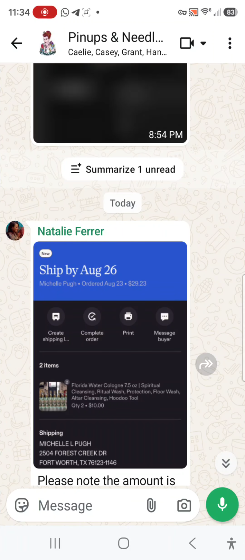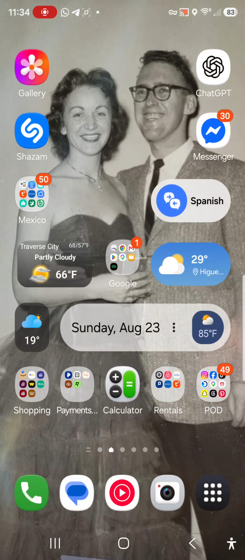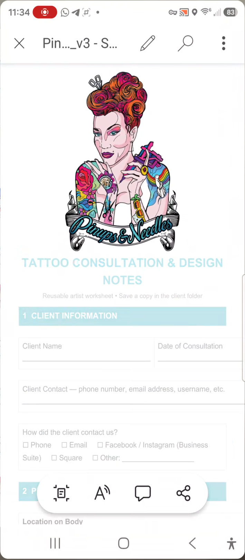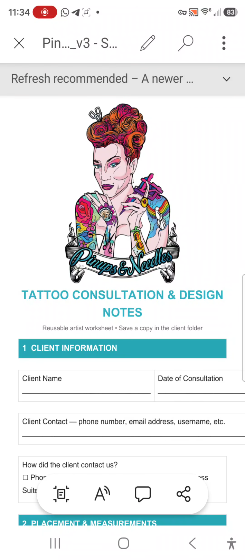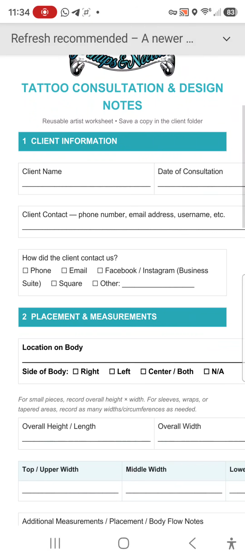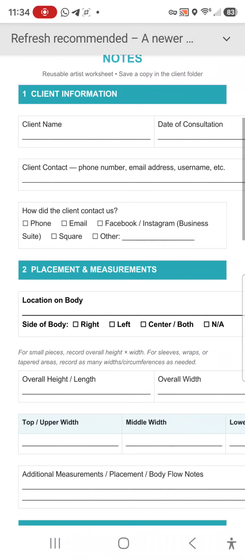Now I created a really cool one that had even more information right here, and I will share this with you guys. It's really nice because it's got all the information. Once I switched to this, it is a much better system overall, and it gets everything that you possibly need at that consultation. And it's a little bit more streamlined. So you know how that person has been contacting you, or if it was multiple methods, because there's a lot of clients where it ends up being multiple. So just always